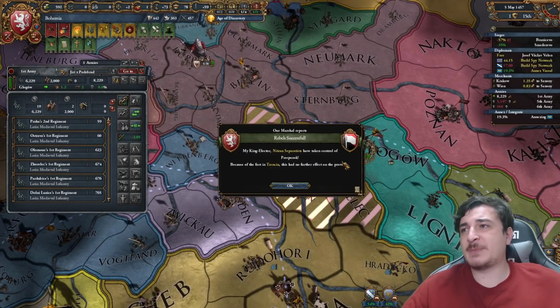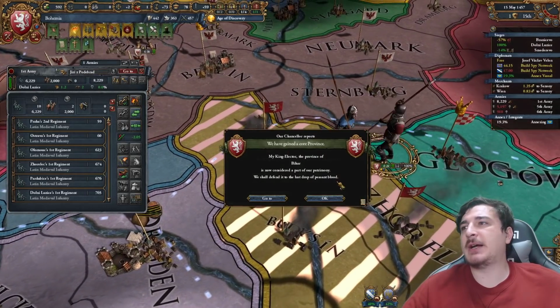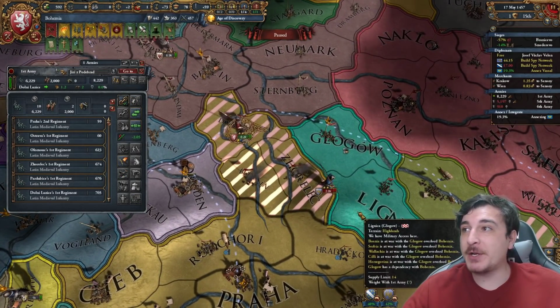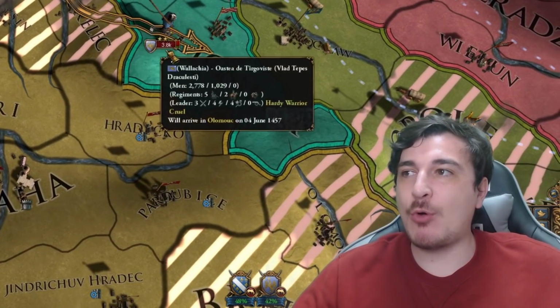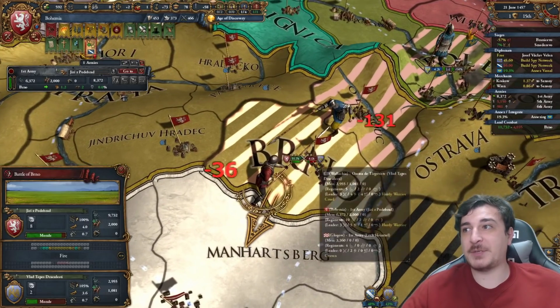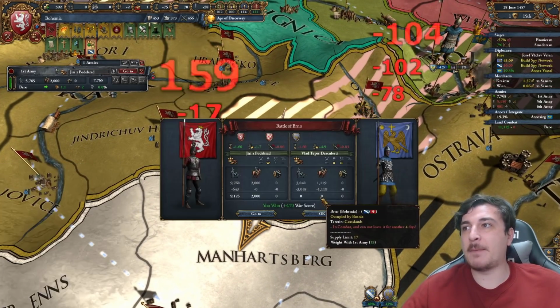I hate doing this to my fellow Romanians, but I'm going to have to wipe them out. Oh, they ran away. No, you bastards. They got 4 maneuver. Oh, boy. Cannot believe they actually ran away from me. We're going to catch him here, though, in Brno, and